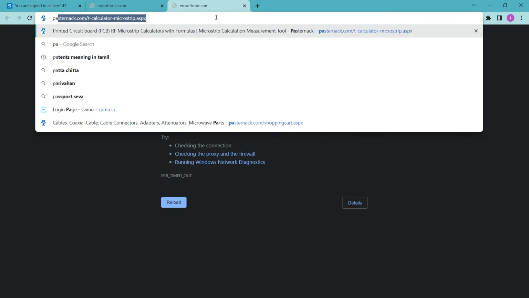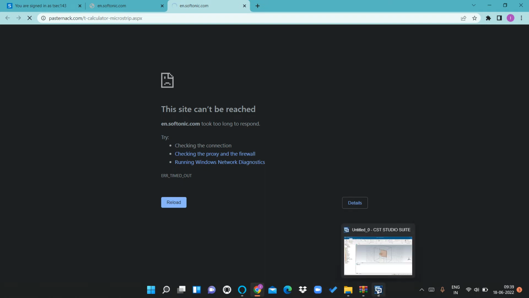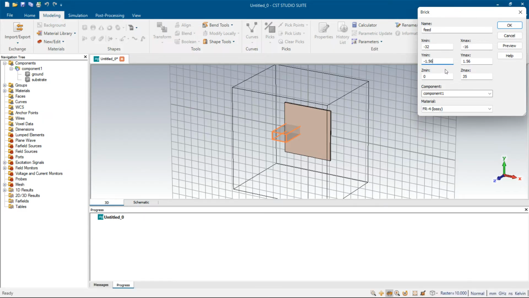So I am going with a past neck measurement. So it will open. Till then we will do the design. I will show that minus 1.56 to 56, and the patch is at the top layer over the substrate. The substrate thickness is 1.635, ended with 1.635. So the feed line thickness has to start from 1.635 to, again it is copper only, and so the